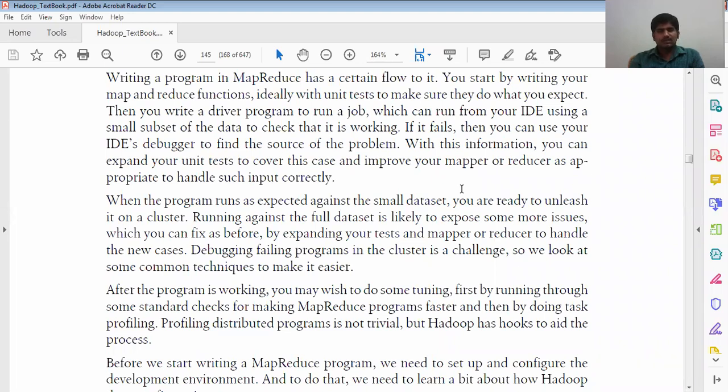If it fails, you can use your IDE. IDE means integrated development environment, the environment where we can develop applications. The IDE debugger finds the source of the problem. With this information, you can expand your unit tests to cover the cases and improve your mapper or reducer to handle such input correctly.